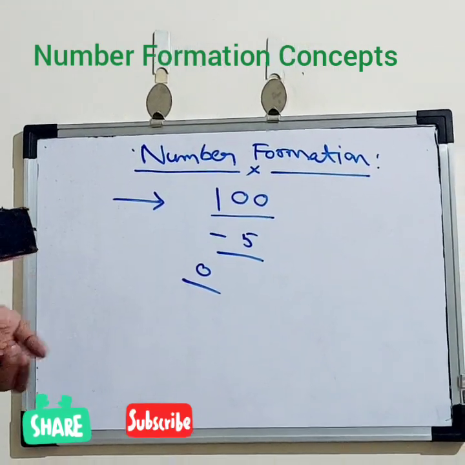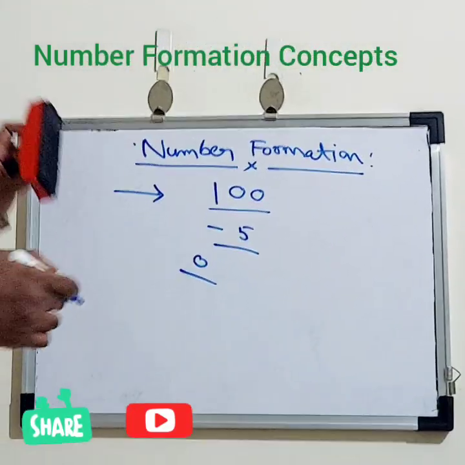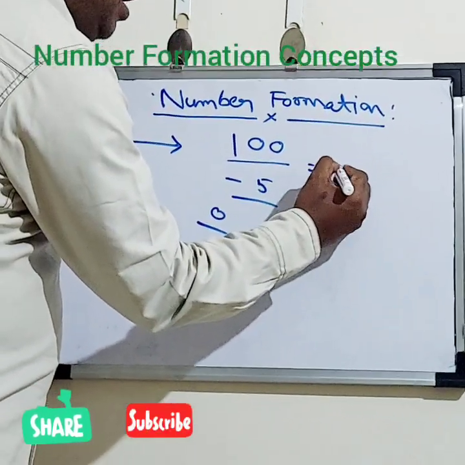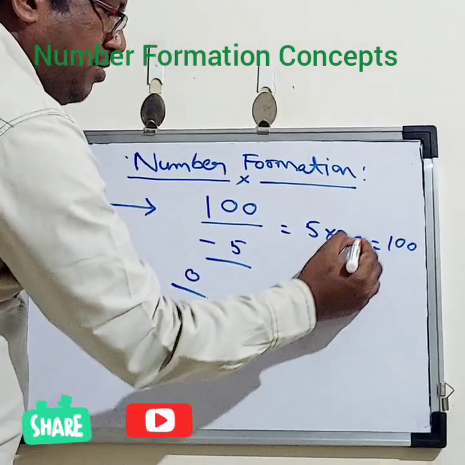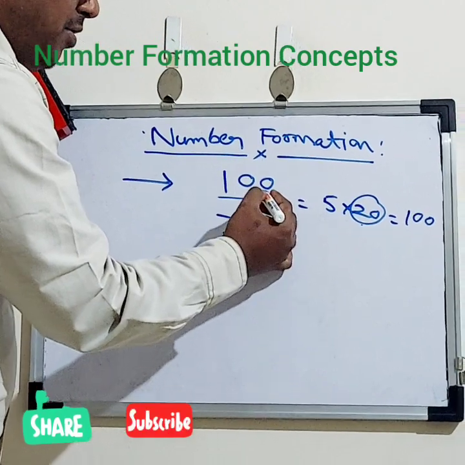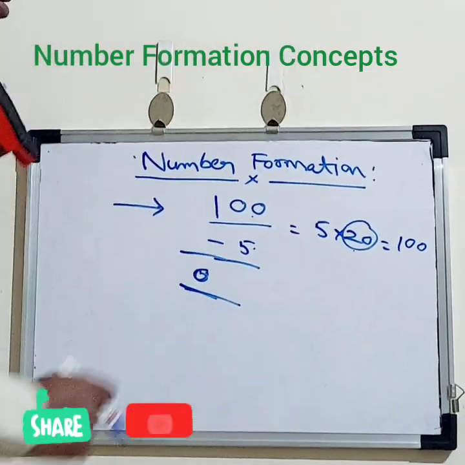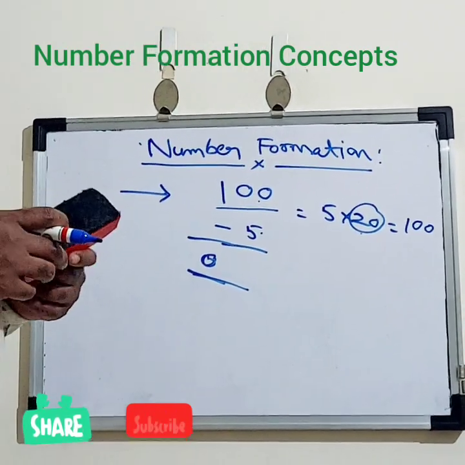There are various methods. You can do it manually also, but the simplest method is that in the 5 table, when you get to 100, that is 5 into 20. What is the value? 5 into 20 is 100. So when you subtract 20 times 5 from the value 100, you will get the answer as 0. See, the problem looks simple, but when you do it manually, it will take time. So follow this method.